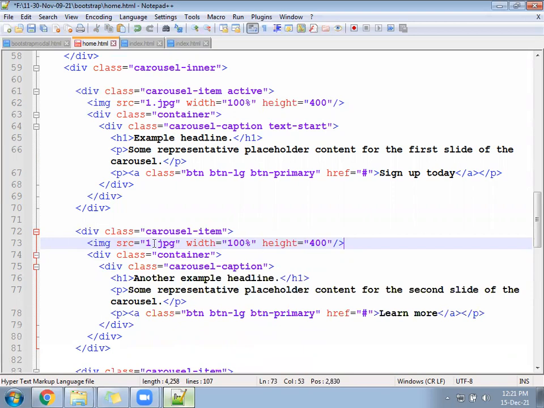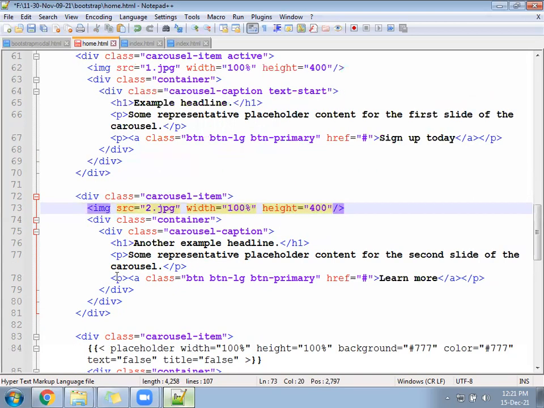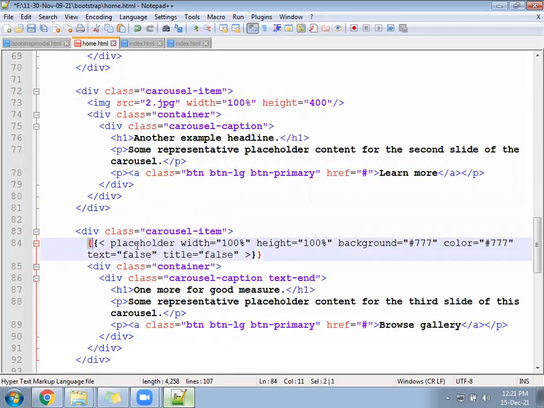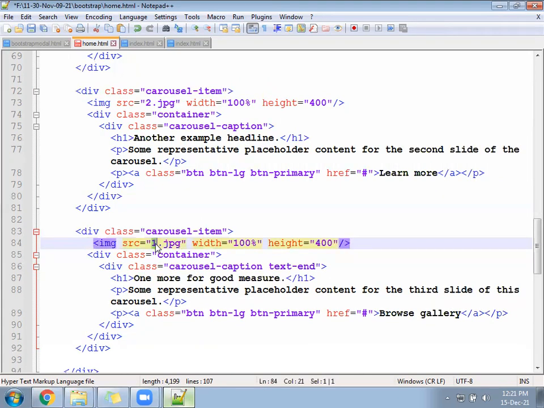Okay, 2.jpg, 3.jpg. Check now, the photos are coming.